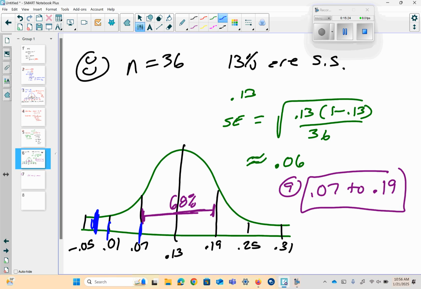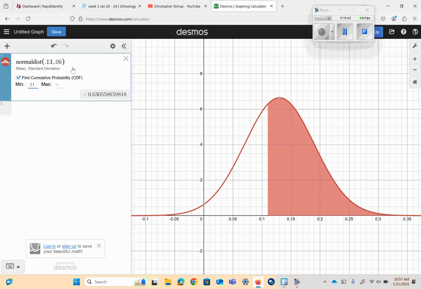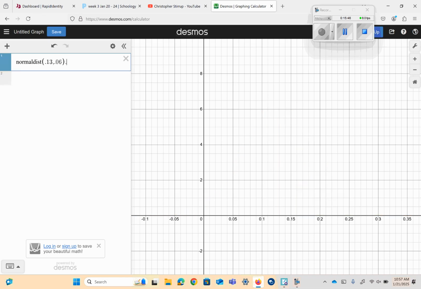So you're talking about this area down here, standard deviations or less. Yeah, it's going to be a pretty small thing. So we can actually do this on Desmos. You put the inverse CDF,